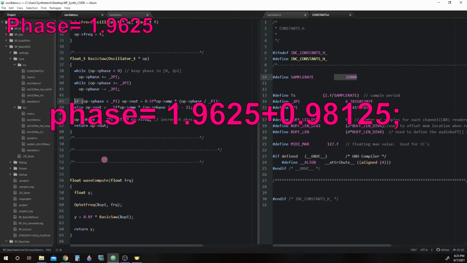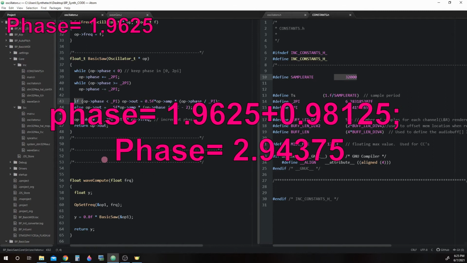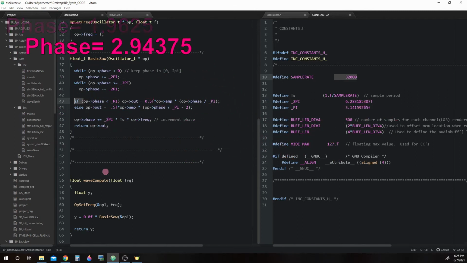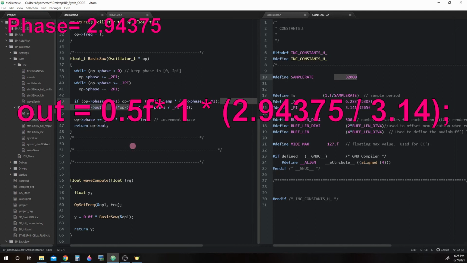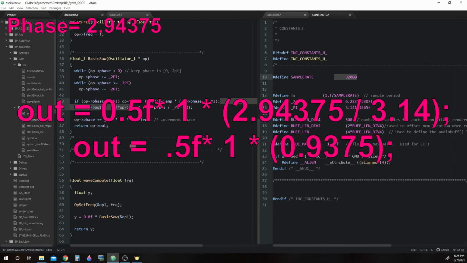Phase equals 1.9625 plus our incrementer of 0.98125. Now phase equals 2.94375. We've returned the sample value of 0.3125 and head back to get another sample. Again, phase is still less than pi. So now out equals 0.5 times 1 times 2.94375 divided by 3.14, which will become 0.5 times 1 times 0.9375, which equals